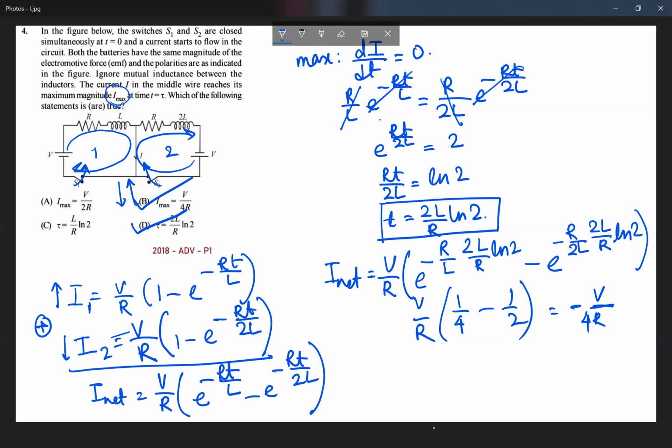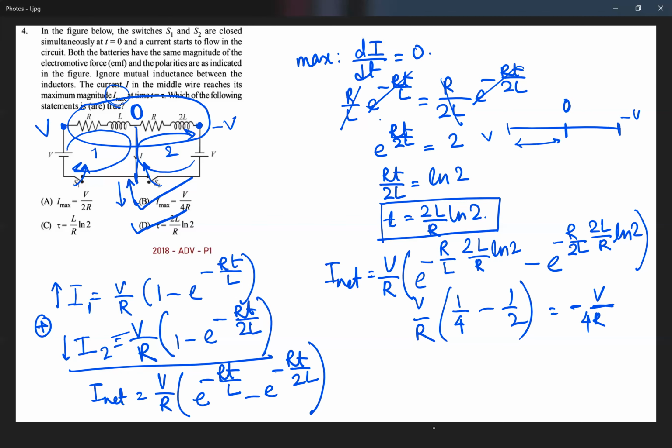Anyway, how could I say that both of these circuits are going to be independent of each other? I could say that because if you see the top part of the circuit, here the potential is equal to V, here the potential is equal to minus V, and here because we are taking it down, we could say that the potential over here is equal to 0. So when you start on the left, the potential is V, on the right the potential is minus V, and in the middle the potential is equal to 0. So over here the potential difference is V, over here the potential difference is V, and the current flowing just circles back through the middle part of the circuit.